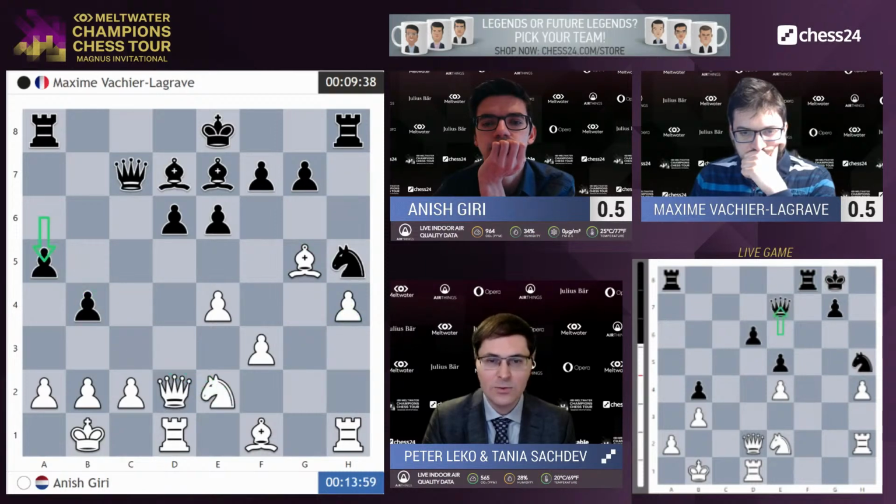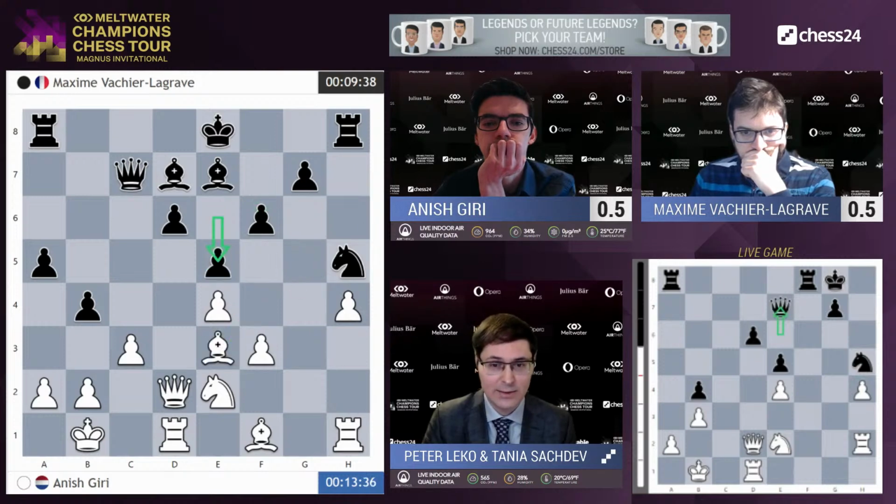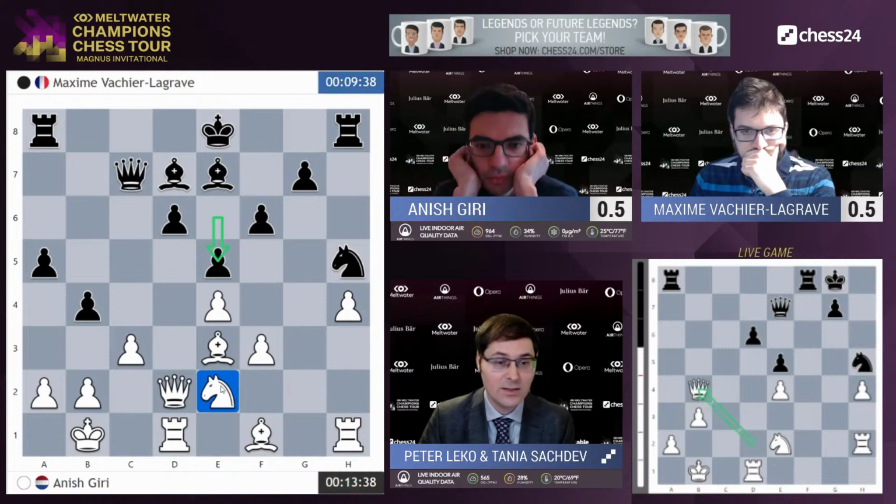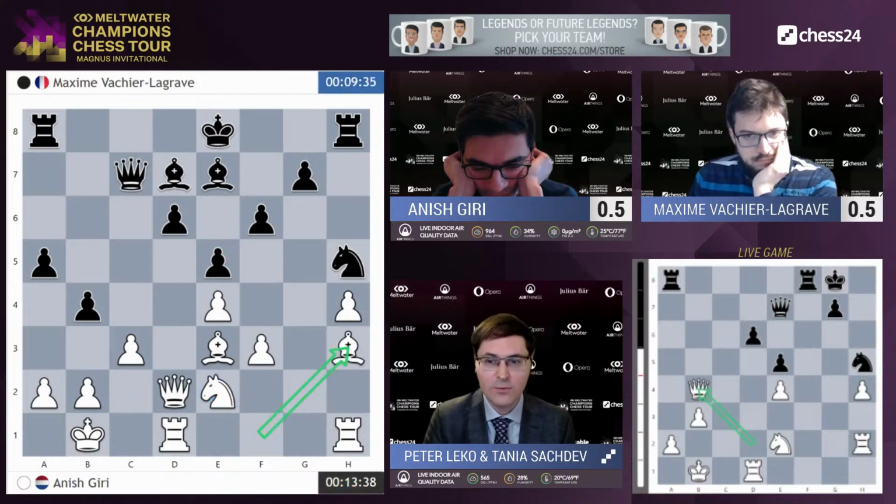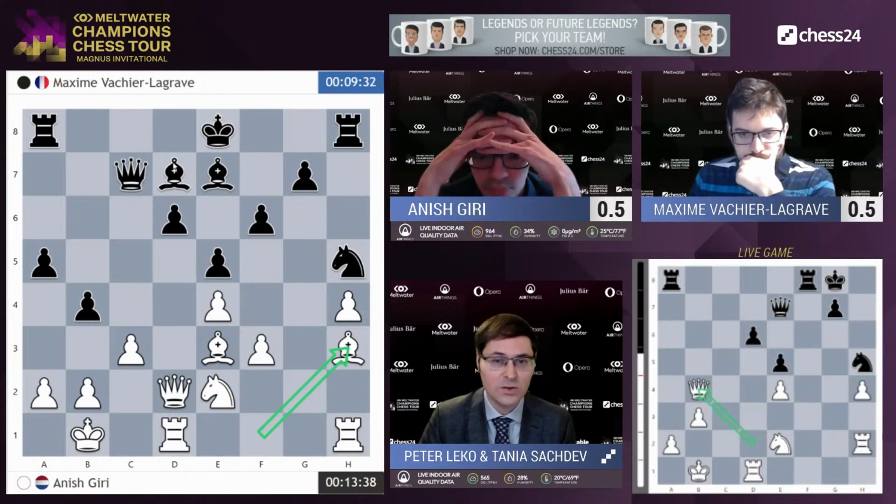B4 is played. Knight e2, a5, standard play. White plays c3. We have seen this yesterday as well. Anish is trying to fight this b4, a5 pawns with c3, because if black would take on c3, then white would say, thank you very much, I want my knight on c3 anyway. So Maxim is not interested, and he plays this f6. We have seen yesterday also some f6 moves, and we were like shocked at what is this. But again, it's based on the fact that black wants to kill the knight on e2. So he does weaken this d5 square, but since the knight is not able to jump there, it's kind of justified. Anish immediately goes for the trade of the light square bishops because black has weakened all the light squares,